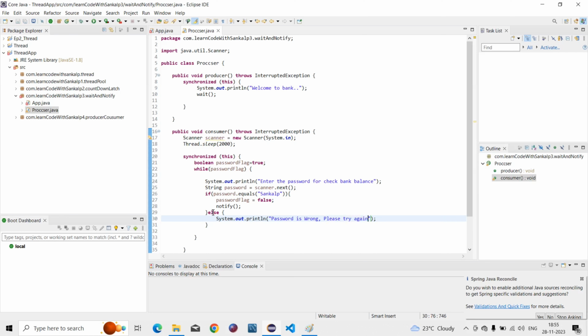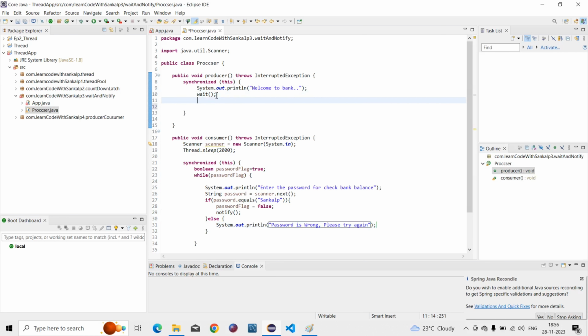Okay, here control goes to here, then we have to print